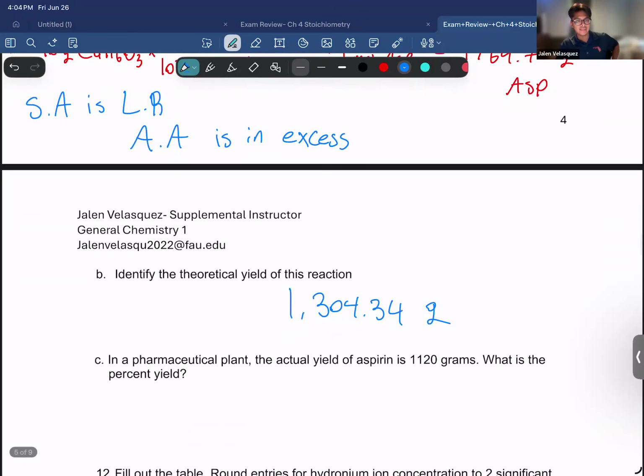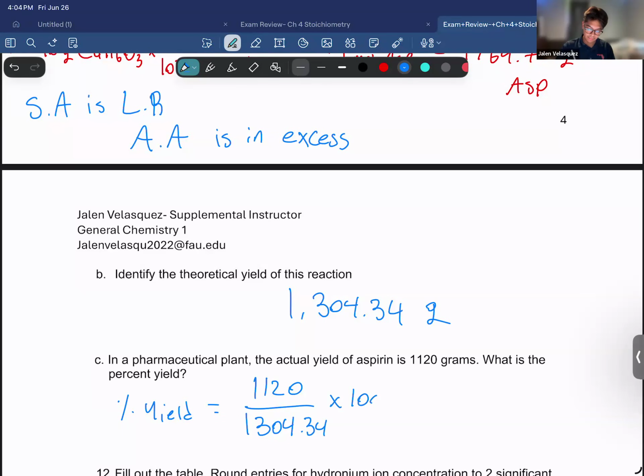And then finally, part C says in a pharmaceutical plant, the actual yield of aspirin is 1,112 grams. What is the percent yield? So we have to figure out percent yield. So remember, it's the actual yield, so that's the 1,120 divided by the theoretical yield times 100. When you do that, you will get there is an 86% yield of aspirin,